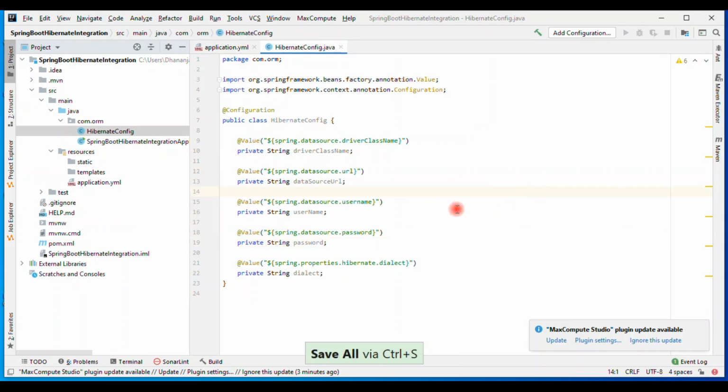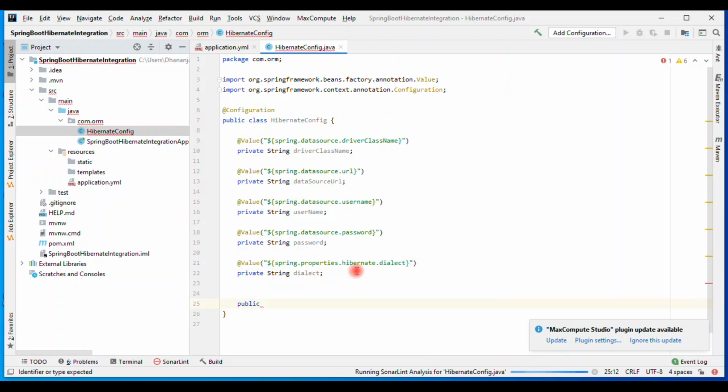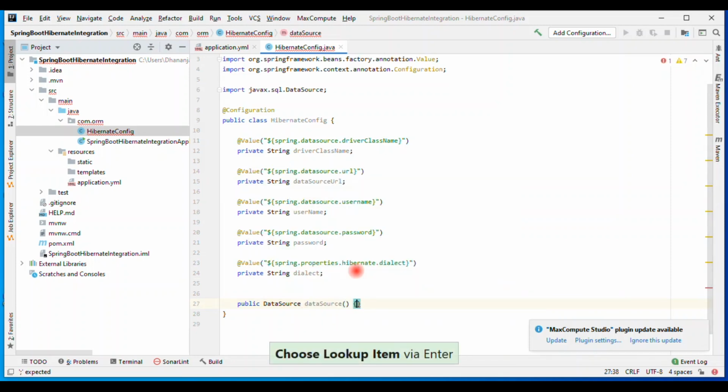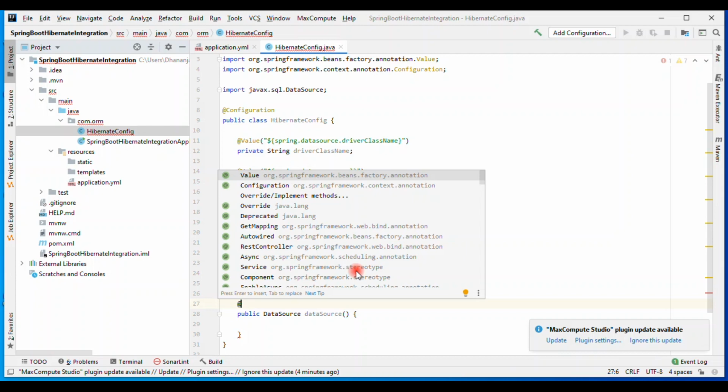So let's go ahead and write some configuration for Hibernate. First of all, we need to write the data source. Public DataSource. So you need to create a data source bean. Let me annotate this with @Bean.